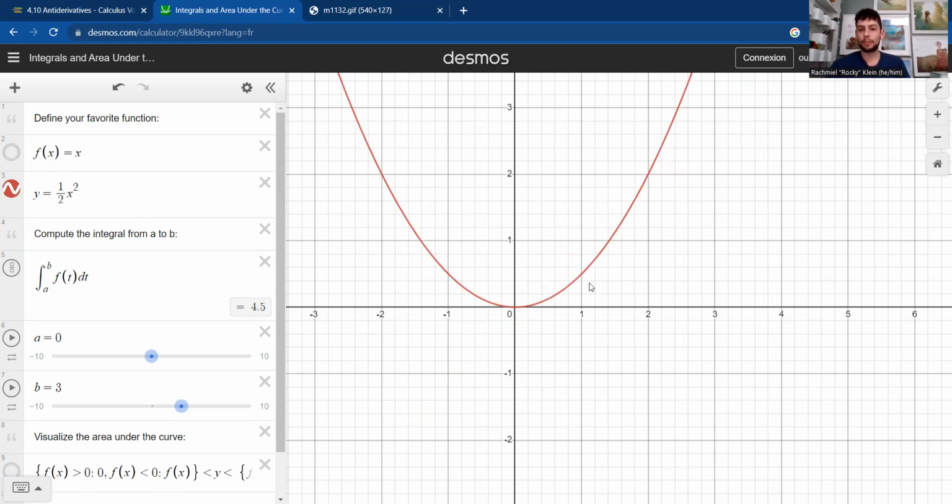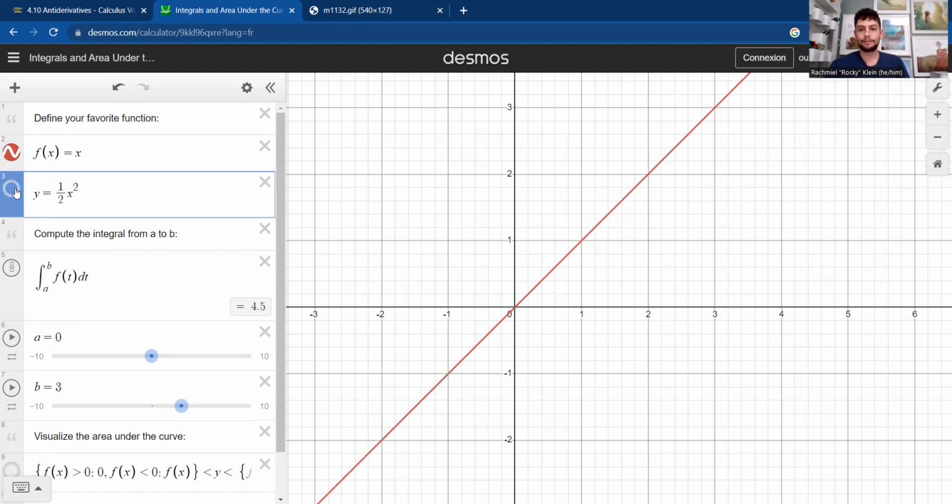Look at how the slope changes. At time equals 1, the slope is actually going to be 1. At time equals 2, this is going to be a slope of 2, etc. At time equals -2, this is a slope of -2. And what does this correspond to? Well, if we look at our original function,